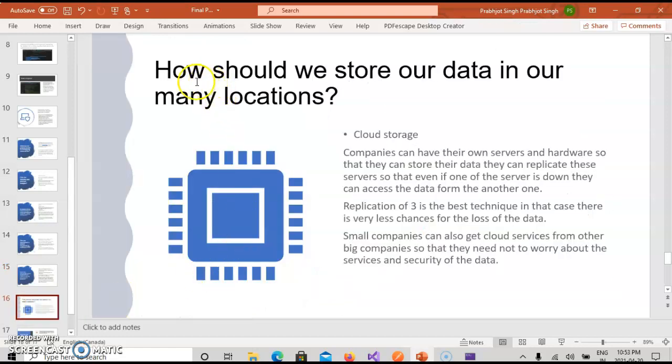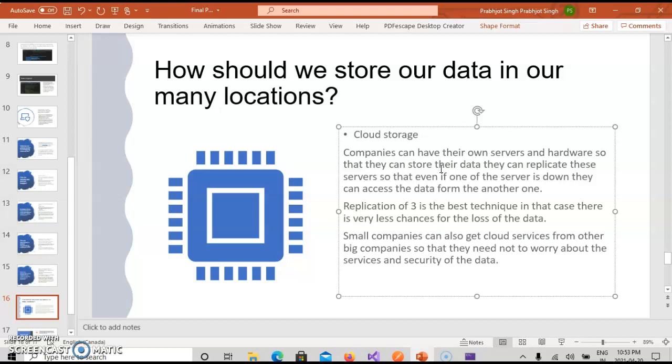And the other question was, how should we store our data in multiple locations? Cloud storage is one solution for storing our data in multiple locations. This is also important because of replication. Suppose we have a company and we are storing the data on one server, but what happens if that server goes down?